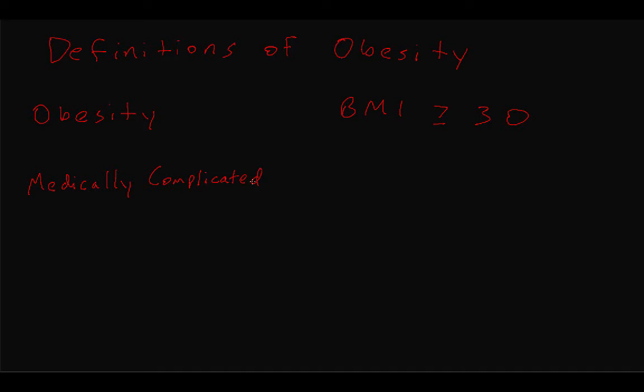Before we continue, we should define obesity in terms of its diagnostic criteria as well as its underlying physiology. Obesity is defined as a body mass index, or BMI, of greater than or equal to 30. Some other important terms to be familiar with. Medically complicated obesity is defined as a BMI of greater than or equal to 35 with an obesity-related comorbidity. Morbid obesity is defined as a BMI of greater than or equal to 40, even in the absence of associated